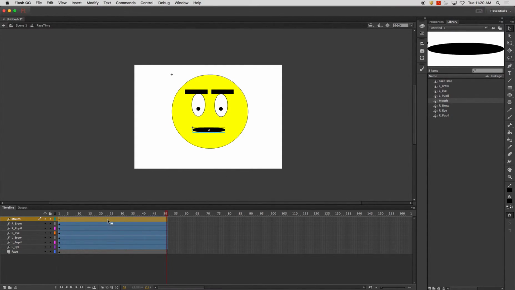For the mouth, actually, I can create this as a shape tween. I could also animate it as a motion tween too, but since I'm going to do everything else on a motion tween, I'll do the mouth on a shape tween, just to add a different aspect to it. And from here, I can go ahead, grab my free transform tool. On my